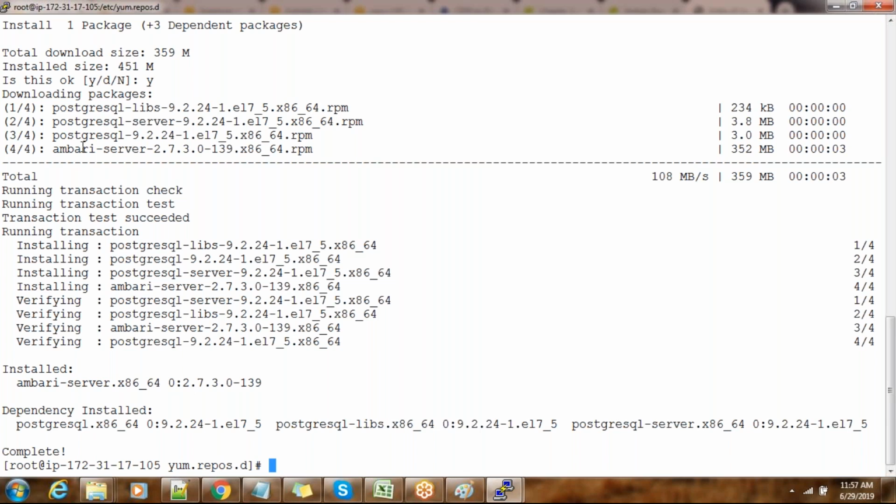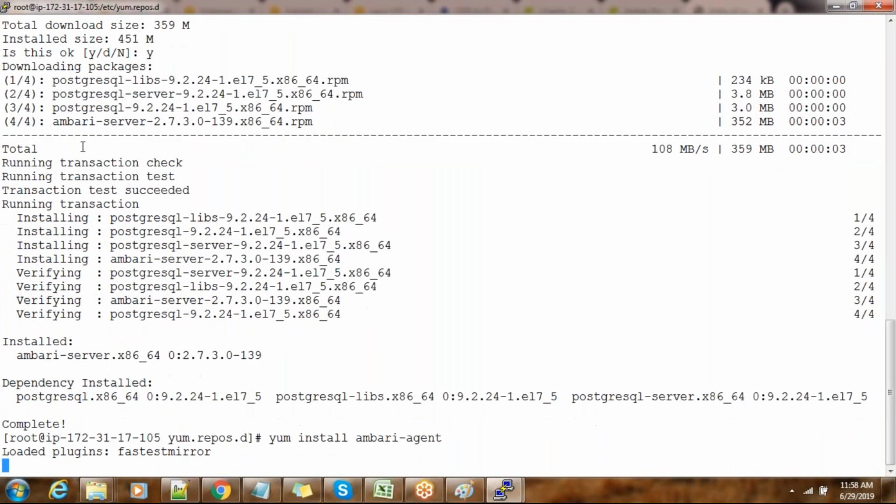One option is to let the Ambari server do the agent installation from the Ambari console by logging into Ambari, but you need passwordless SSH between the hosts. The second option is to install Ambari server, then install the agent separately and manually and configure that agent. Then you need not configure passwordless SSH. So I'm just using the manual Ambari agent installation.